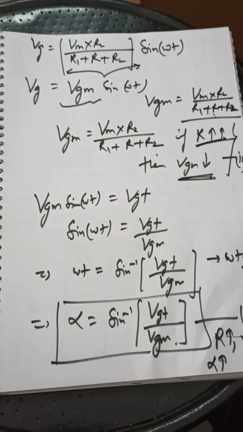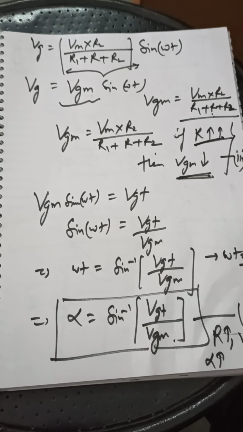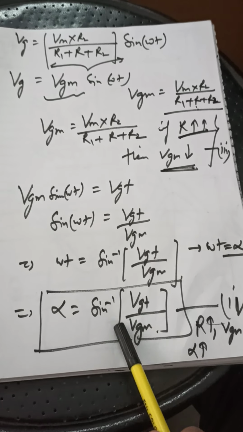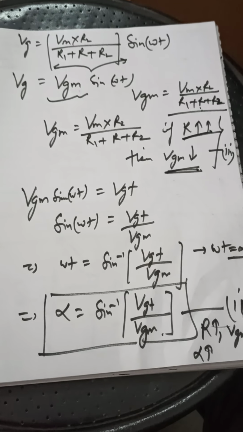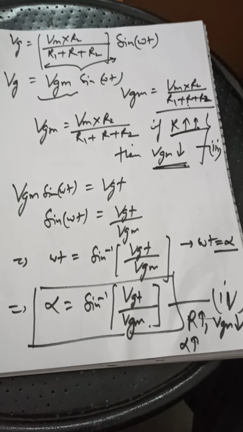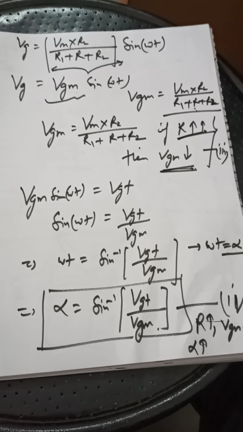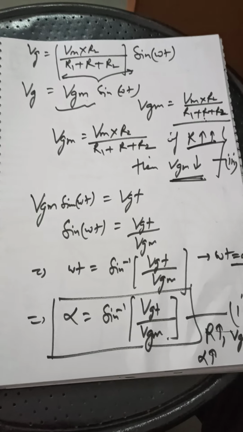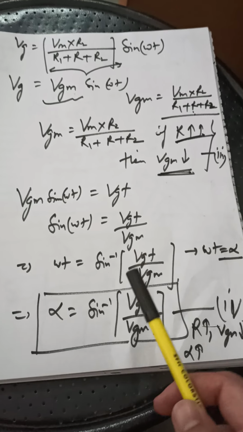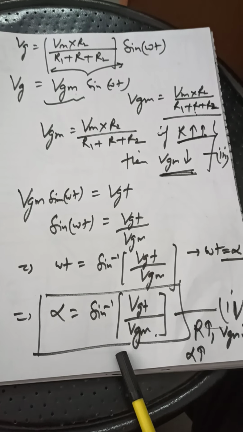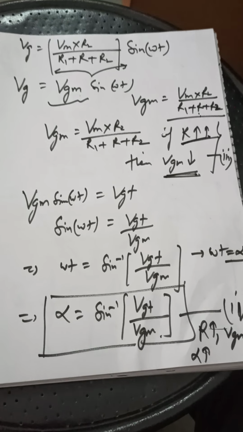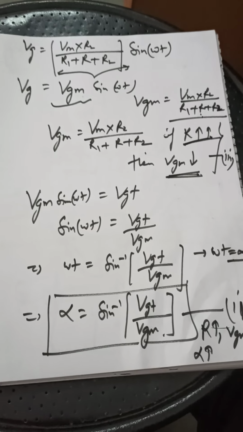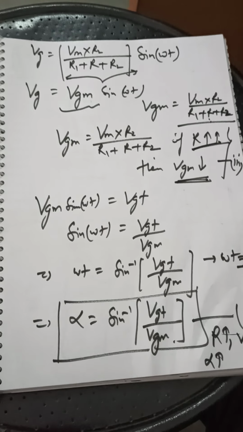And it will eventually equal VGT. Have a look here, VGM is in the denominator. So when it decreases, alpha is sure to increase. So if we have to increase alpha, we have to decrease this VGM, and for decreasing this VGM, we have to increase the resistance R. So in this way, the whole RC circuit can be correlated. More on this will be followed up in the next lecture. Thank you.